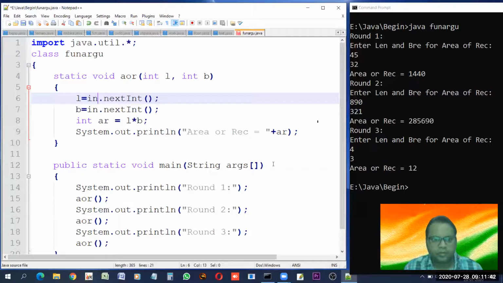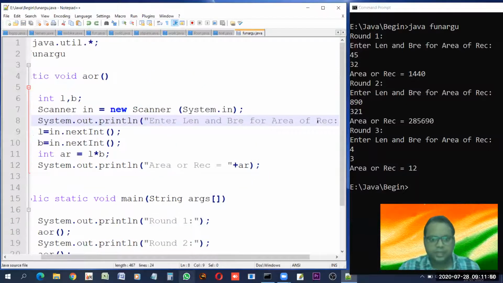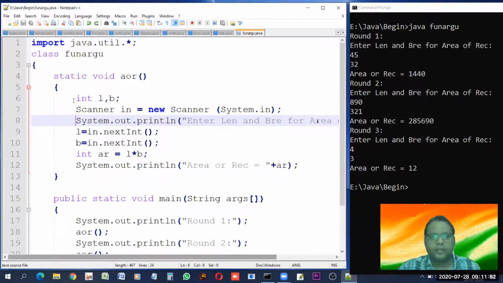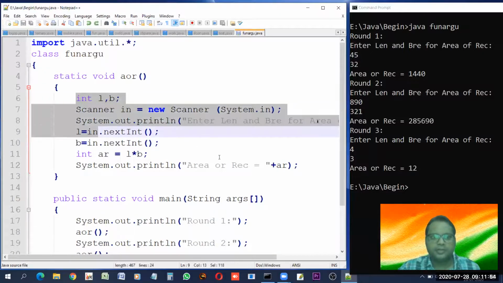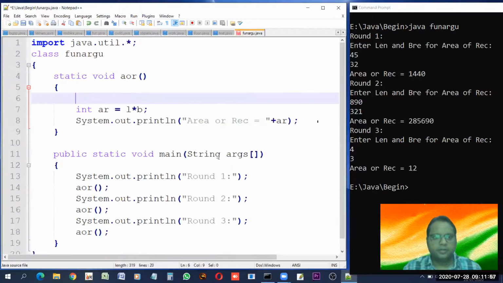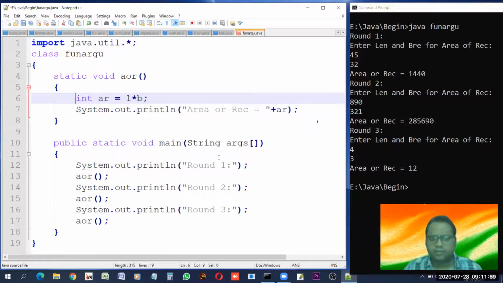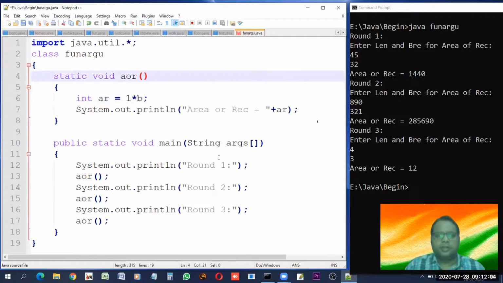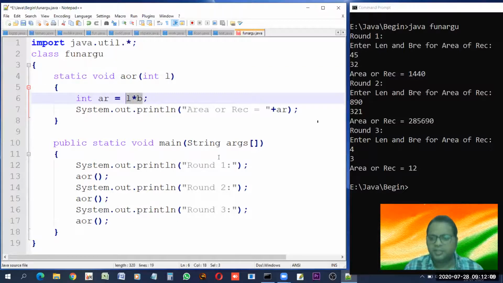Oh, I forgot one more thing. Let me reset the things once again. I used Control Z to reset the things. What I had to do, I had to remove everything, even this. Oh, now this program became very short. Yes, this function has now become short. Now what? Two arguments to be provided. Look, we are using this L and B. There should be existence of L and B. So this way, the existence is also there, and something more useful is there that you will see.